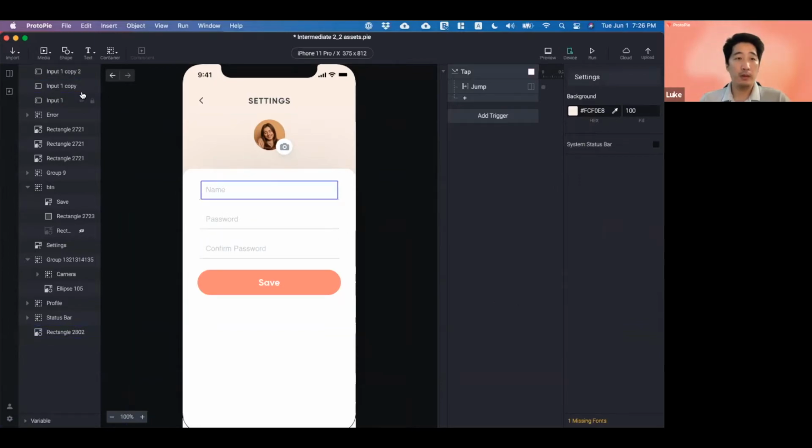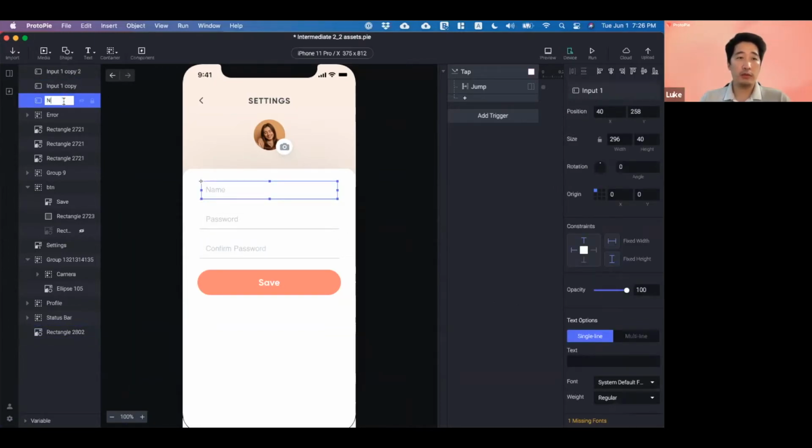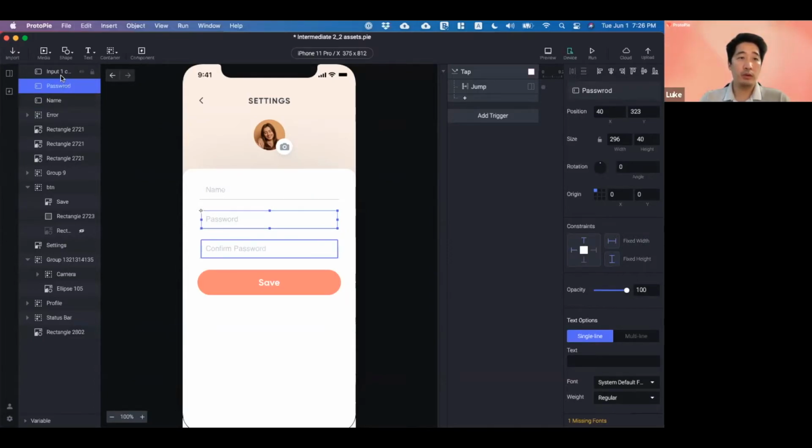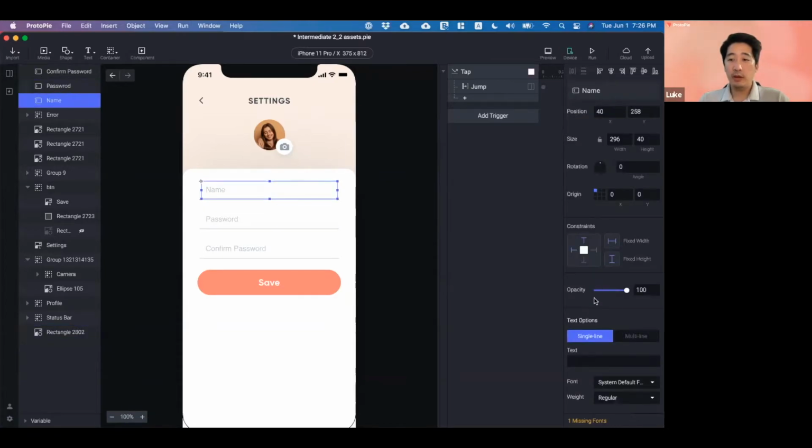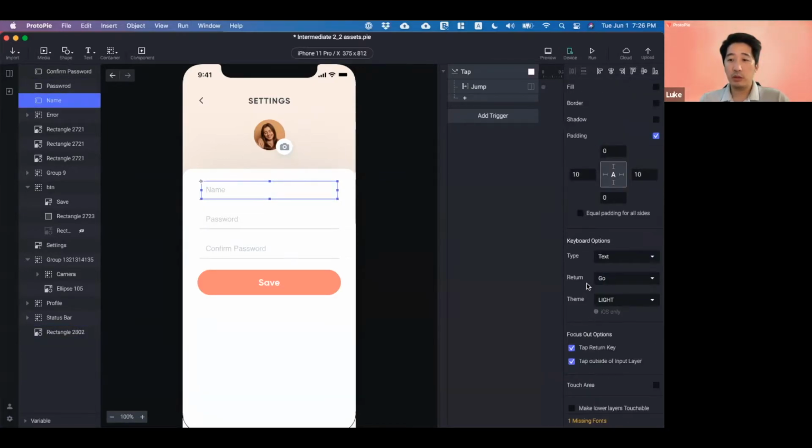And I'm just going to change the name of the layers. Name. Confirm password. And one thing I forgot to mention is, on the keyboard options, you can also